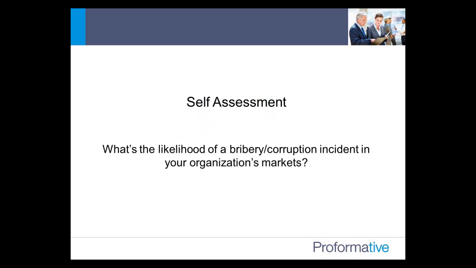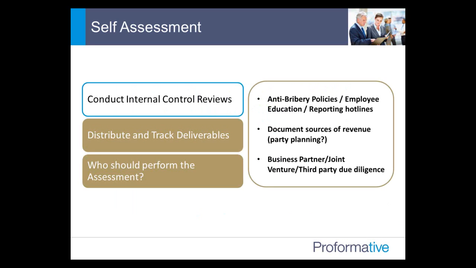So the first pillar of our approach is self-assessment, and I thought I'd drill into that a little bit more. This is really, what is the likelihood of a bribery or corruption incident occurring in your organization's markets? As I mentioned, conducting internal control reviews would be things like creating a formal anti-bribery policy, employee education programs so that those policies aren't just sitting on a shared drive or corporate intranet somewhere, and also ensuring that reporting hotlines are in place for tips and incidents to be reported